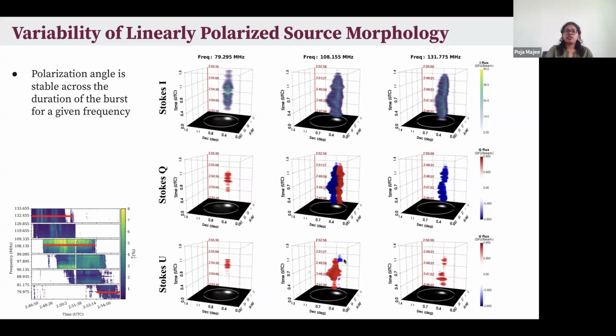Whereas we do see comparatively higher variability in the Stokes U images. Now, if you look at the polarization angles, which you compute from the Stokes Q and U images, again you do see that there is a change of polarization angle across different frequencies. But when it comes to a single frequency band, the polarization angle doesn't change during the emission of the type 2